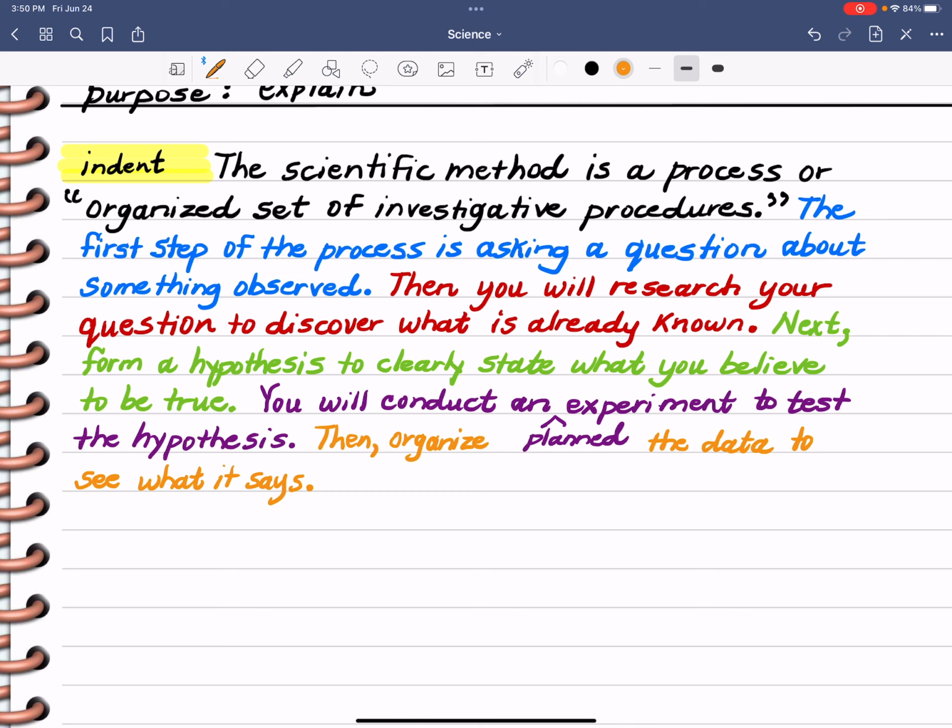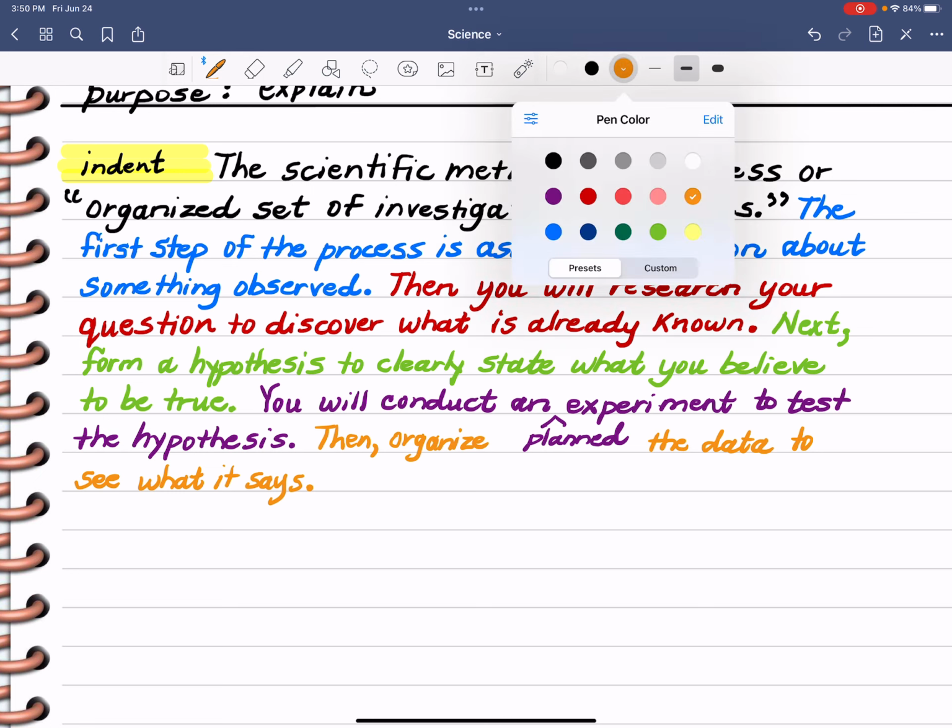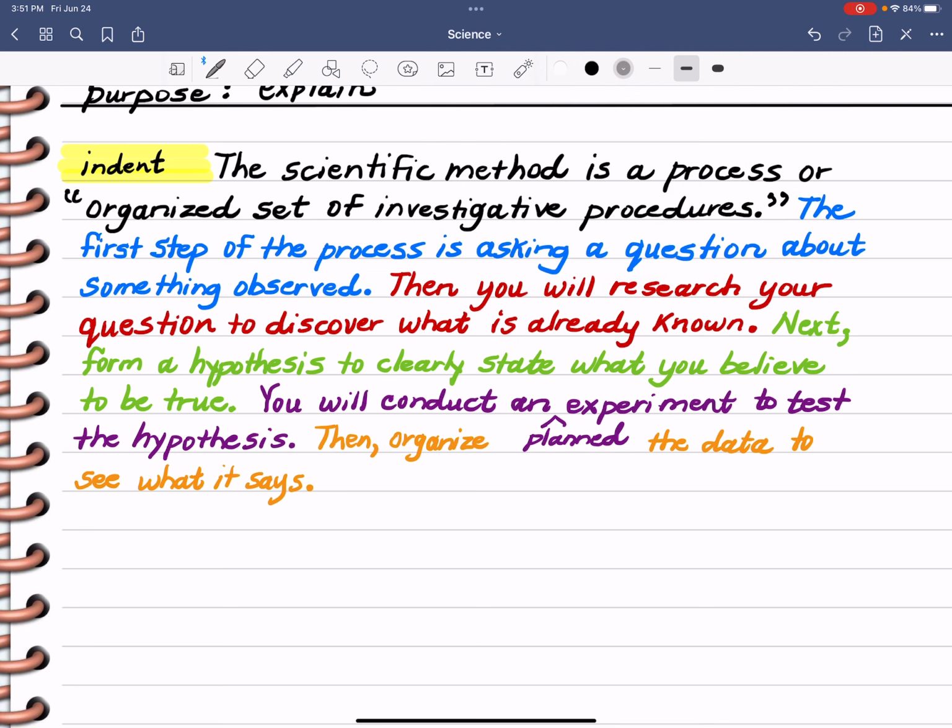Okay, that's the fifth step. The next one, I'm not going to use a transition word. I'm just going to go right on into my sentence, if I can find a color that'll work. This data, or let's say this analysis, will allow you to draw a conclusion